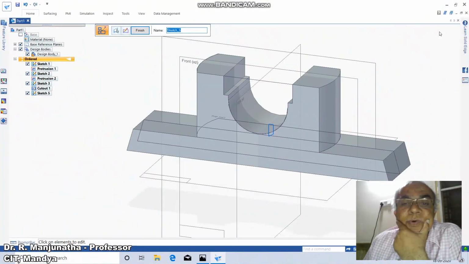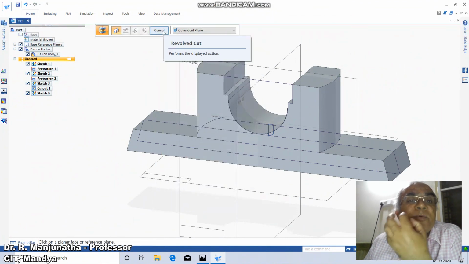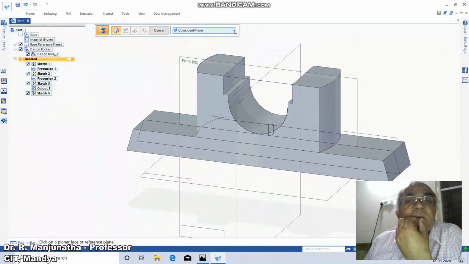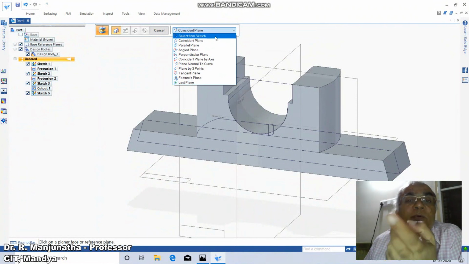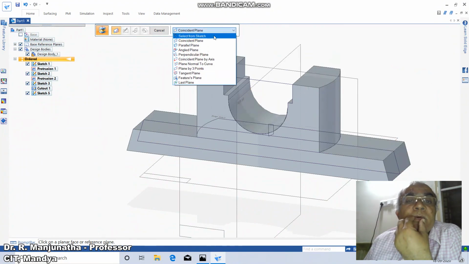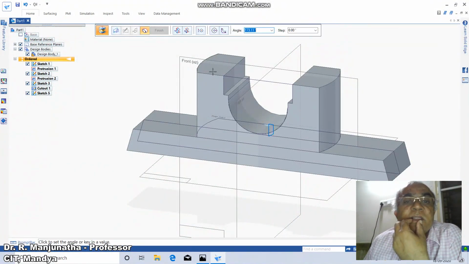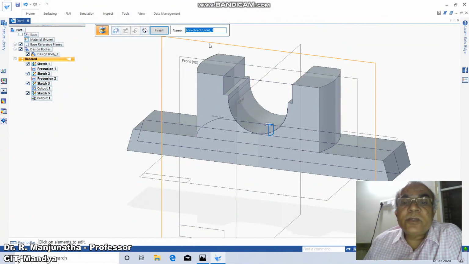Then you go to revolve cut, go to home, click on revolve cut, because we are removing the material. Here you have to select from sketch, because it is in the coincident plane. When you have this, you are not able to select this, so we have to go for select from sketch. Click on the sketch, click on this, accept it, then click on a line or an edge to use as the axis. You just click on this, then revolve it through 360 degree, so that it will remove the material here.